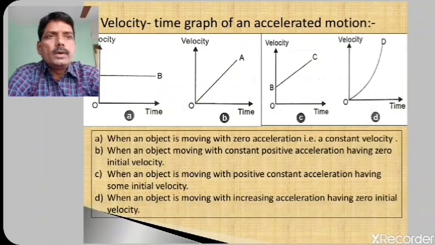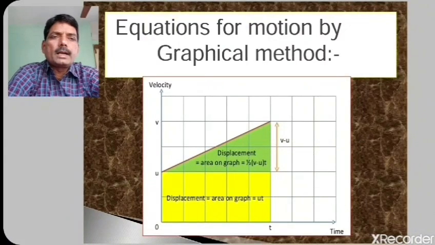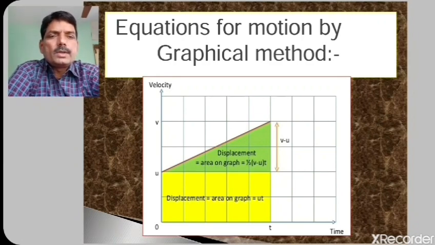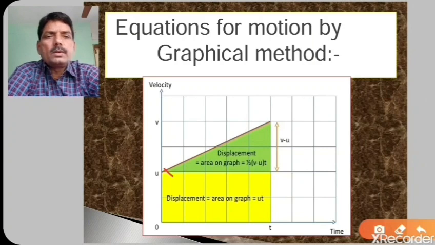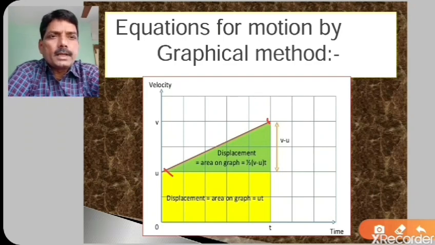Now dear friends, we will move to our next point, that is nothing but the equation for motion by graphical method. Now in the velocity time graph, I have taken this graph which is nothing but having some initial velocity u. In the last slide I have told you that initial velocity is about 40 meter per second, and the bus has gone with the uniform acceleration up to suppose this final velocity v, that is nothing but 80 meter per second.